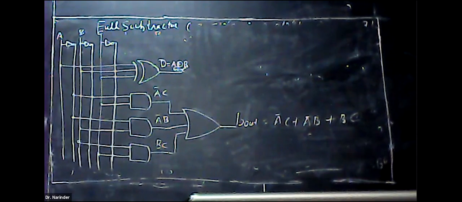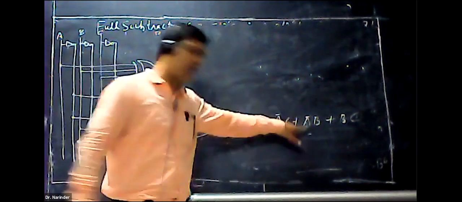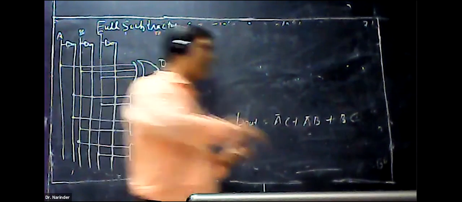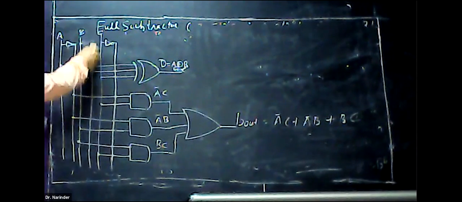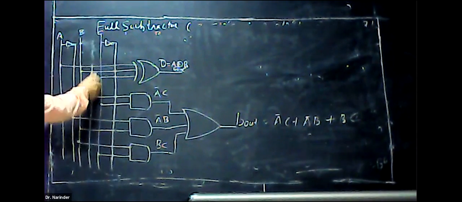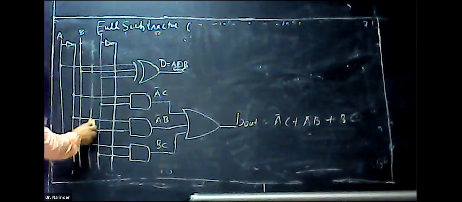So this is the normal practice. But exactly what is required? A bar C, A bar B, B C. So only A bar is required. You can also delete this. Either way you write it, there is no issue. This is the common practice.